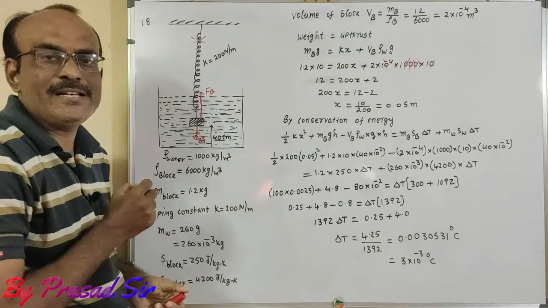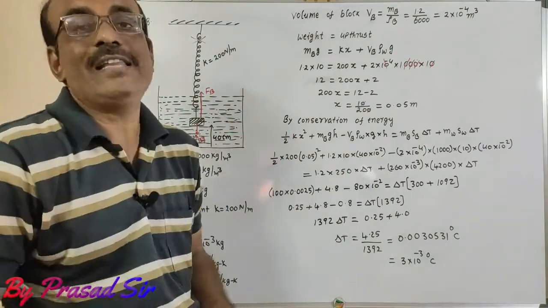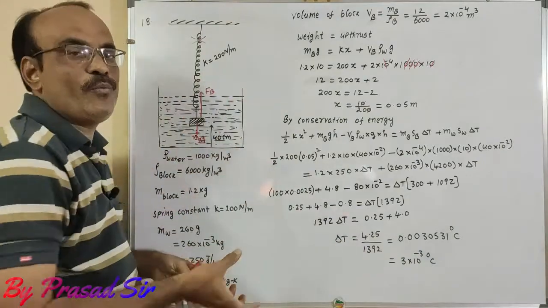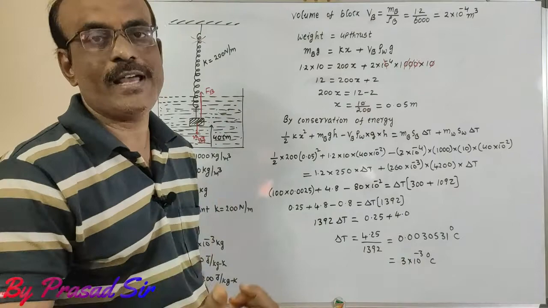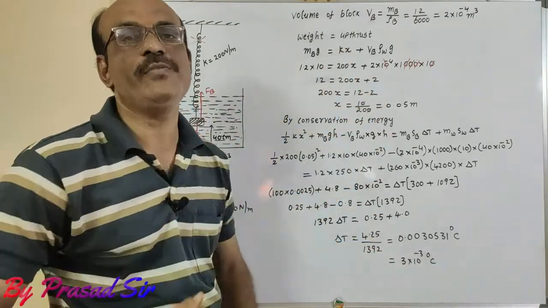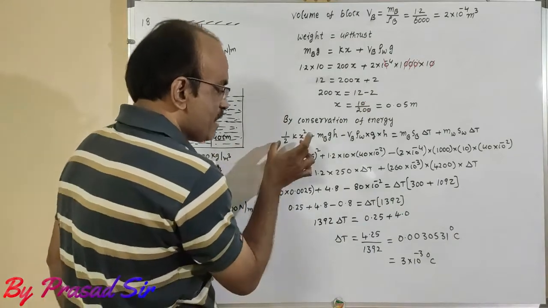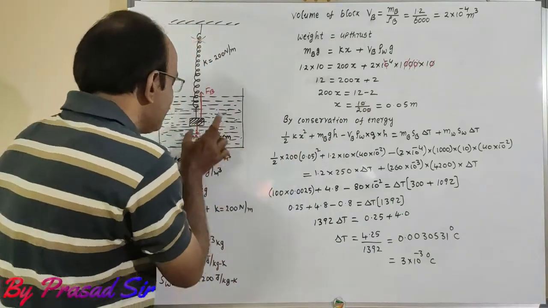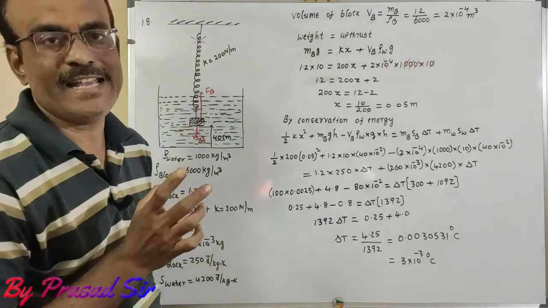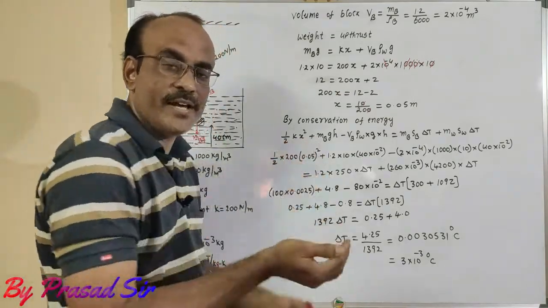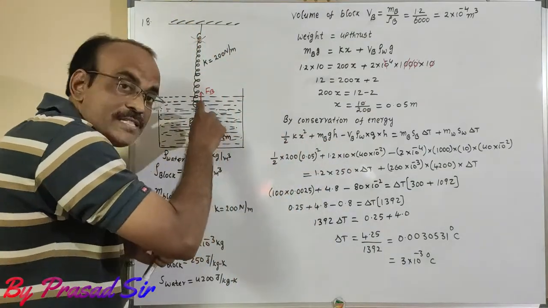Due to that, what happens here? That energy converts into thermal energy. Due to the thermal energy, the temperature of the water gets increased to some particular value that we want to calculate. That means conservation of energy we have to apply. In that conservation of energy, first, half kx square. That means it is moving in the downward direction with some kinetic energy. That is half kx square plus m into g into h. That means it is falling from certain height.